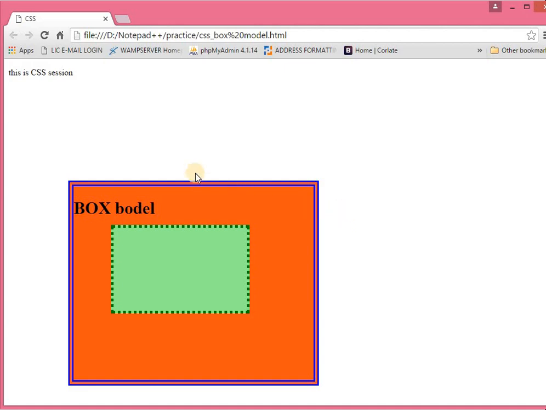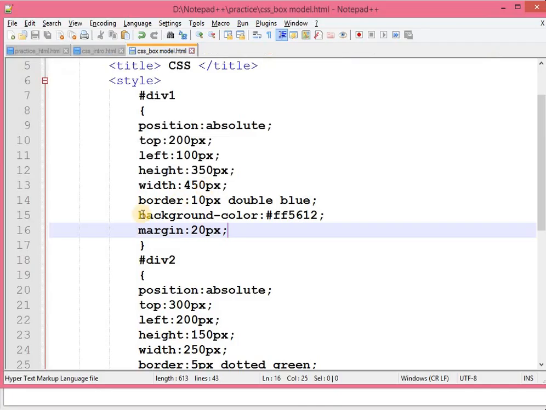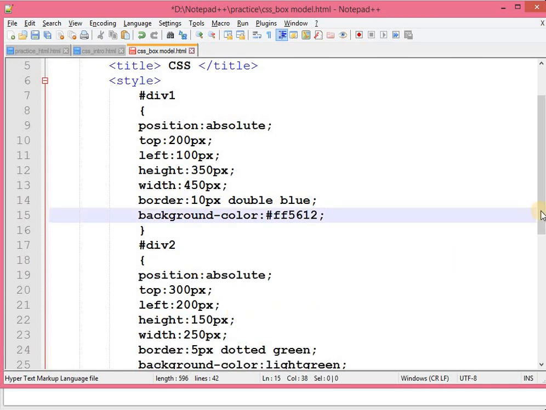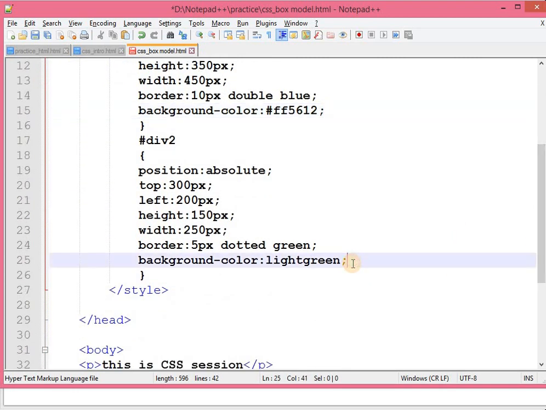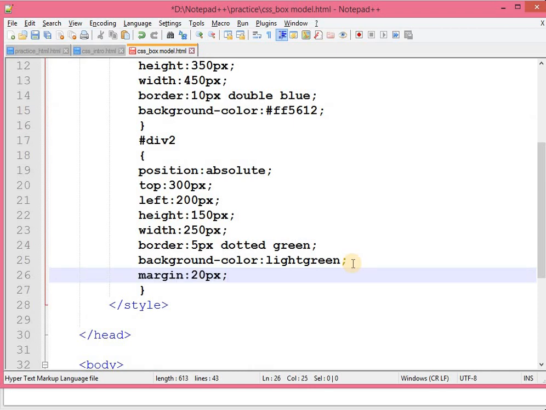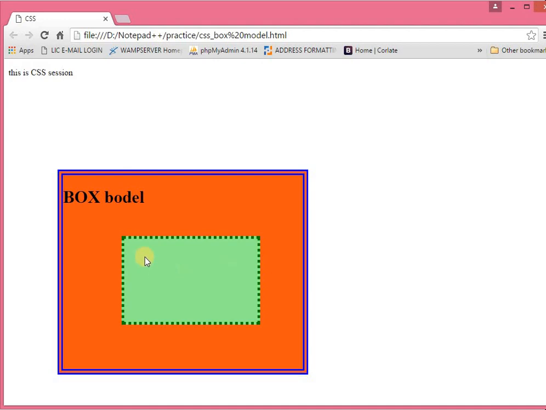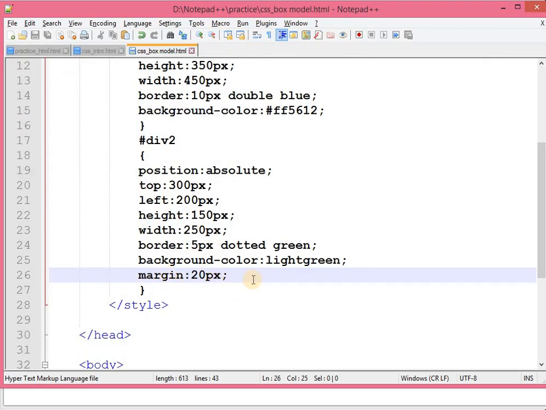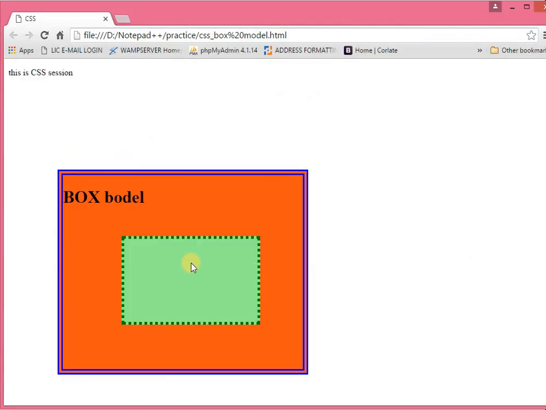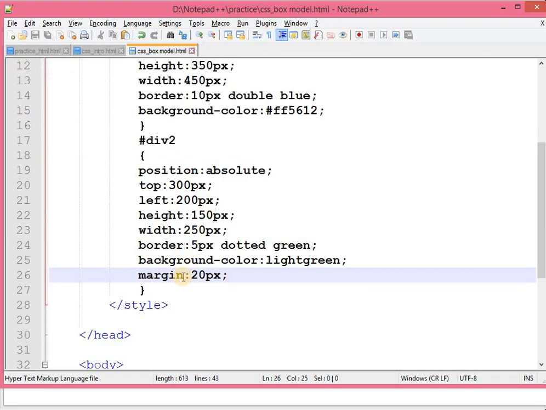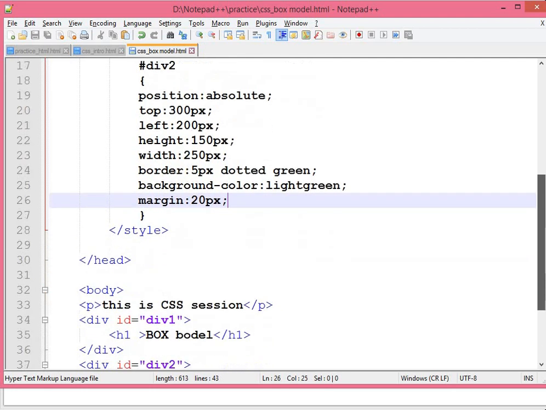So you can see that box just gets a little bit down. Why? Because we have set margin over here. If I Control X, let me set it over here. Okay, save it, refresh it. So now this is getting margin. Okay, so now how can I set padding?